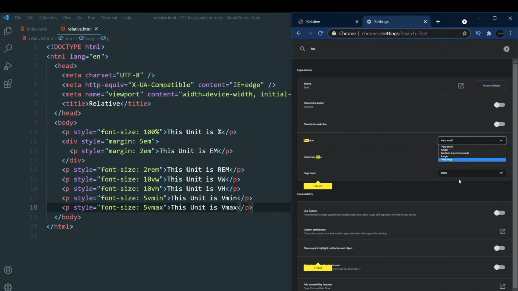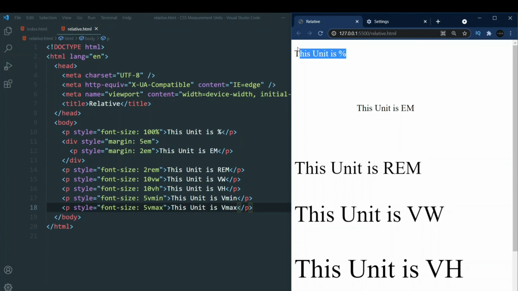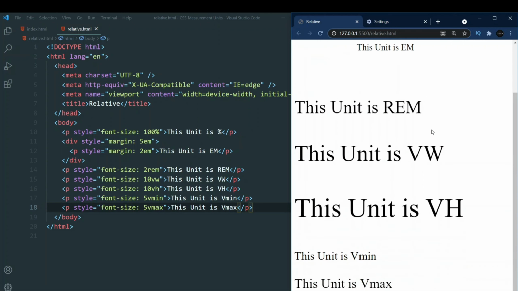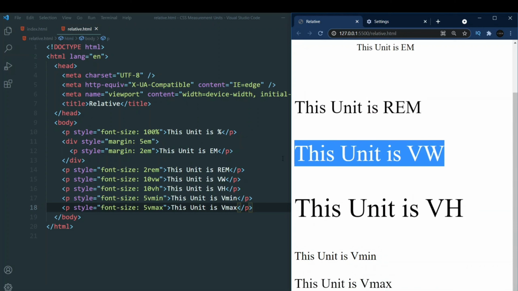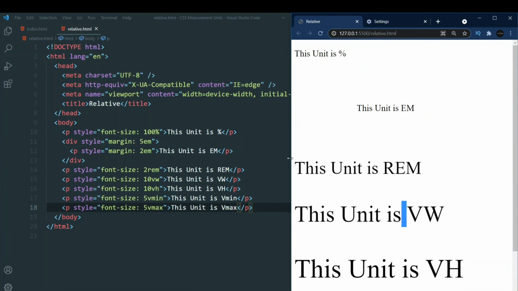So let's increase it to very large. Now if you do very large, again this is back to normal. This is what it was before with the div, because div is the parent element. REM has increased, and our viewport height and viewport width have also increased.